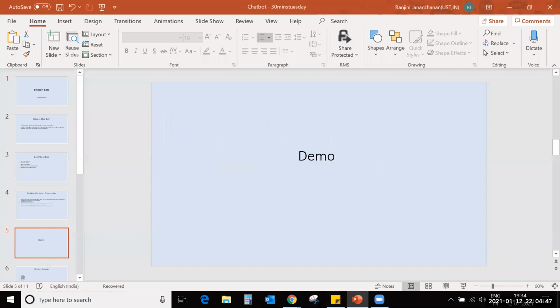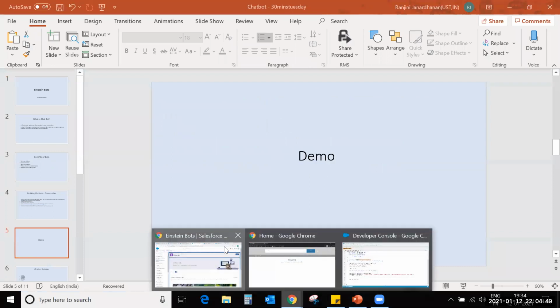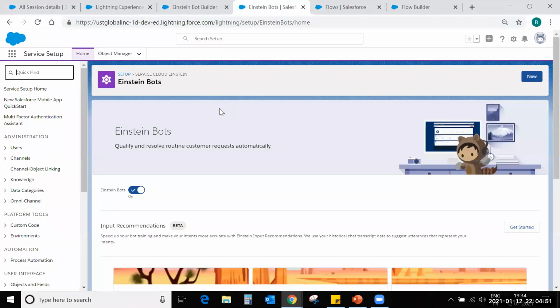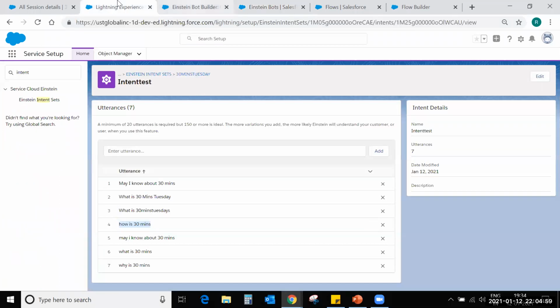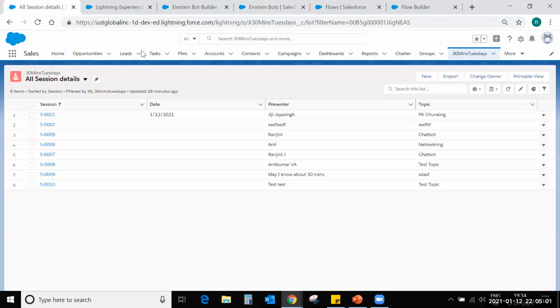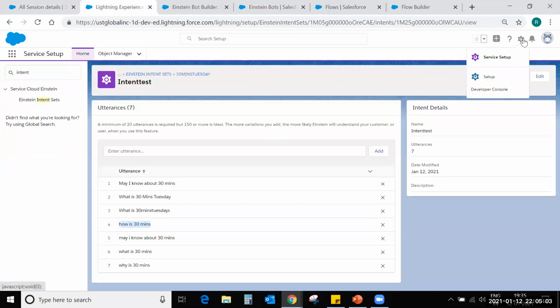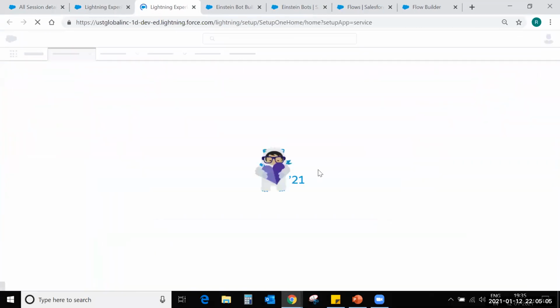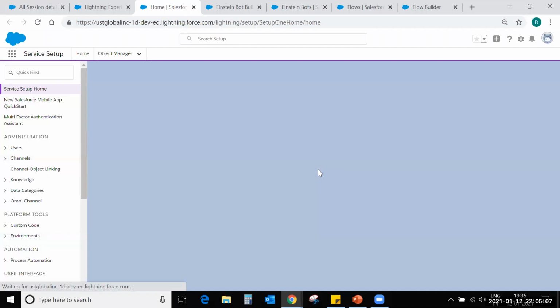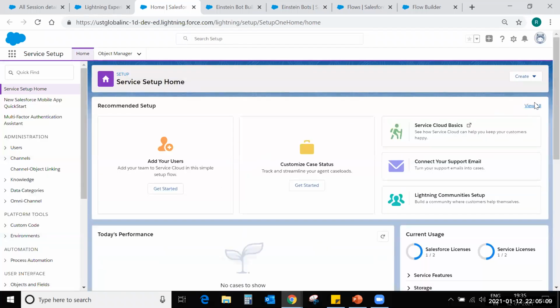Okay, so let's see how we can actually start. We are on Lightning Experience, and we need to create an embedded service deployment. You can go to Service Setup and create the embedded service deployment in some simple steps.